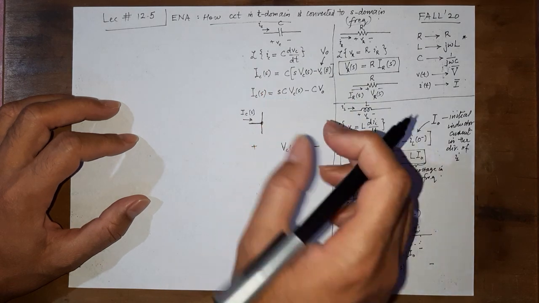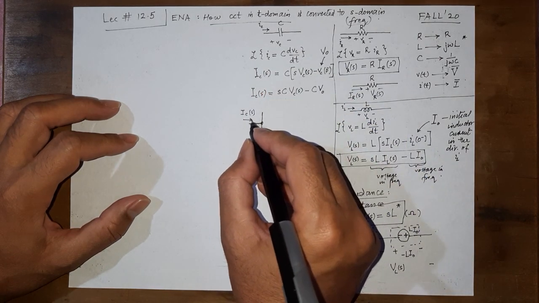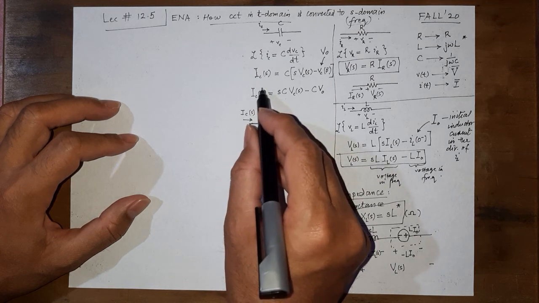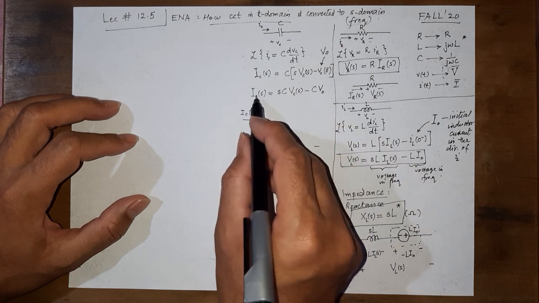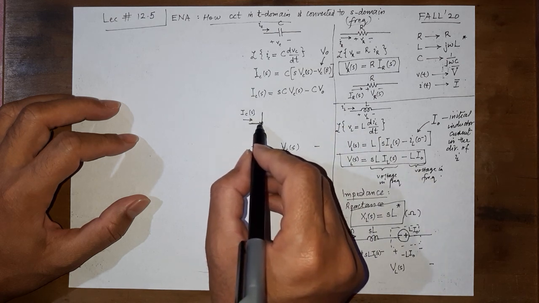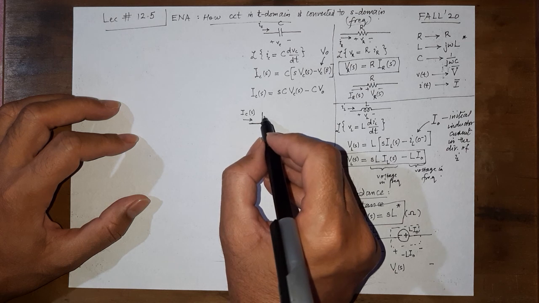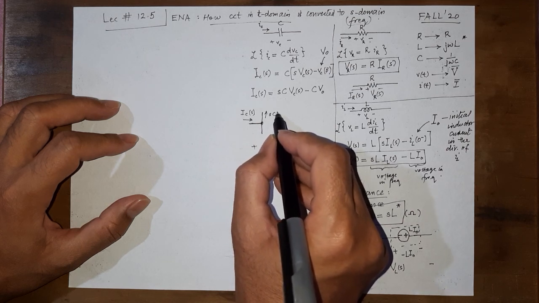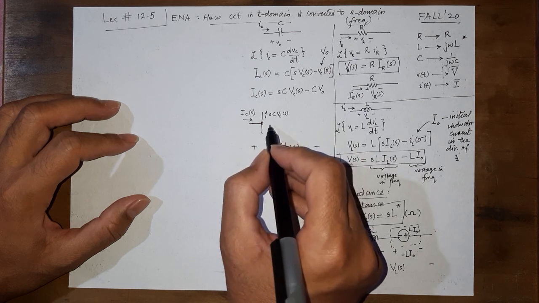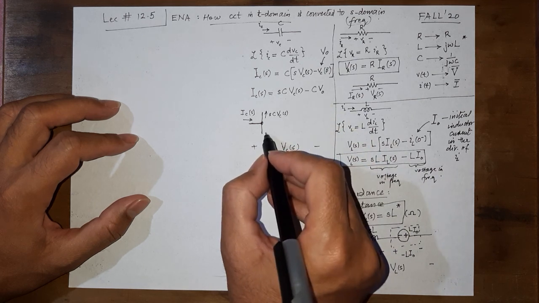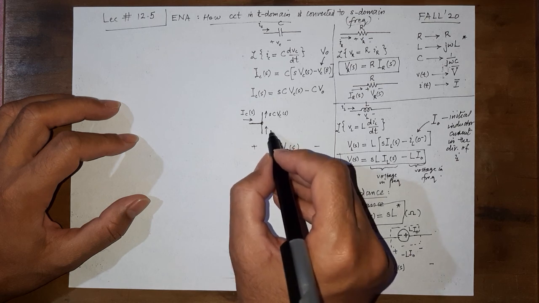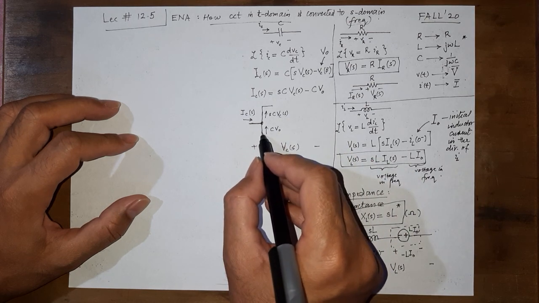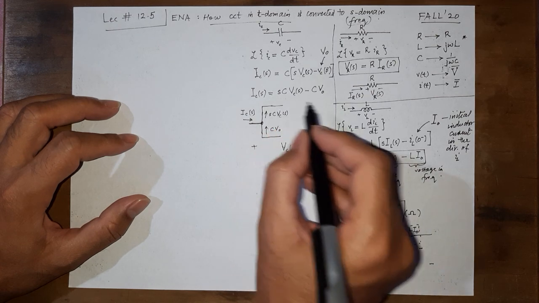So what we are going to do here, if this IC of S is going inward and we take IC of S to that side as well, then IC of S is negative. So inward is negative, but this term is positive. So this outward term is positive and it is SCVC of S, and this is negative, so it is also inward and it is CV naught. So what do we have here is to be found.